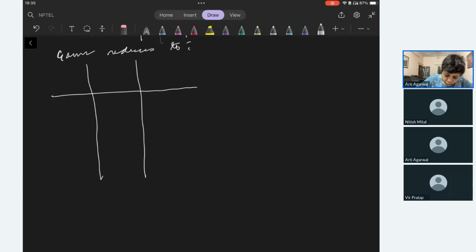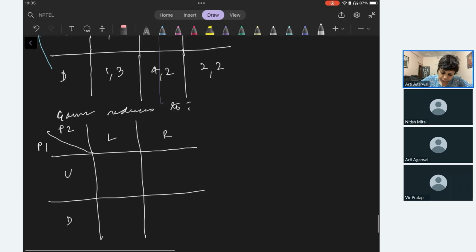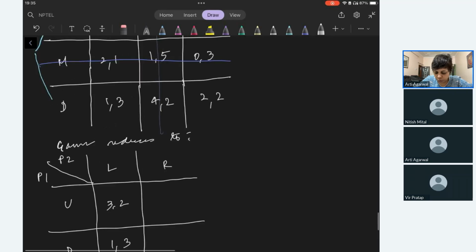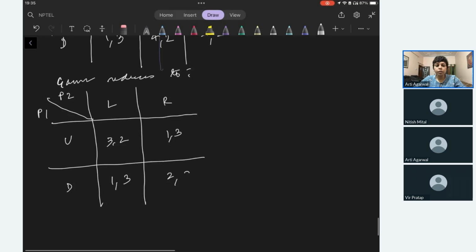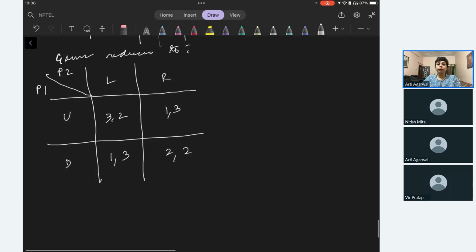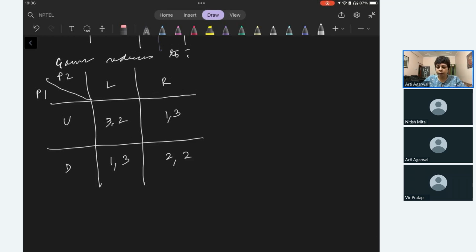You see, it reduces from a 3x3 matrix to a 3x2 matrix: 3, 2, 1, 3, 1, 3, 2, 2. This is the reduced game. So now you have a much simpler game. And in this, now you can similarly take